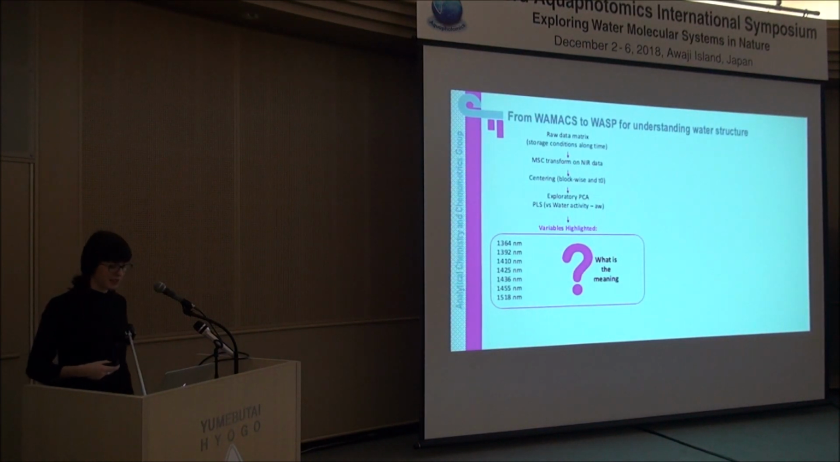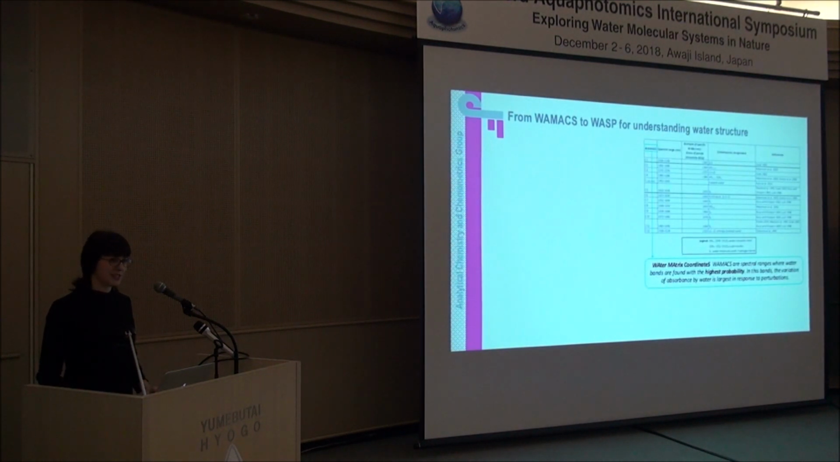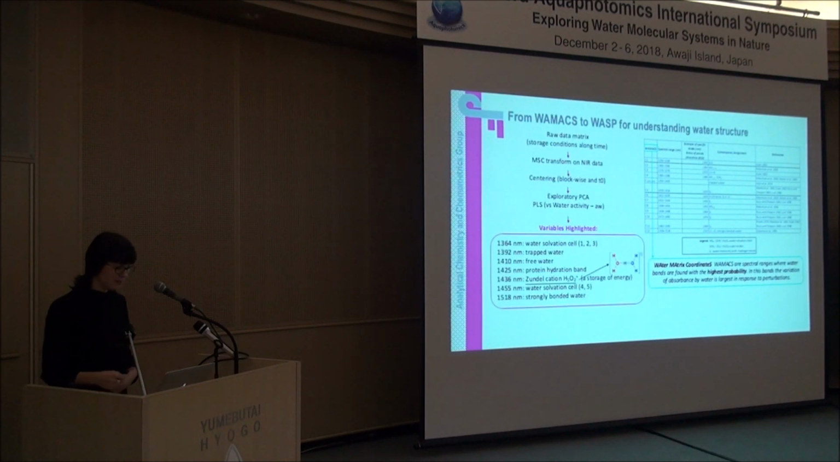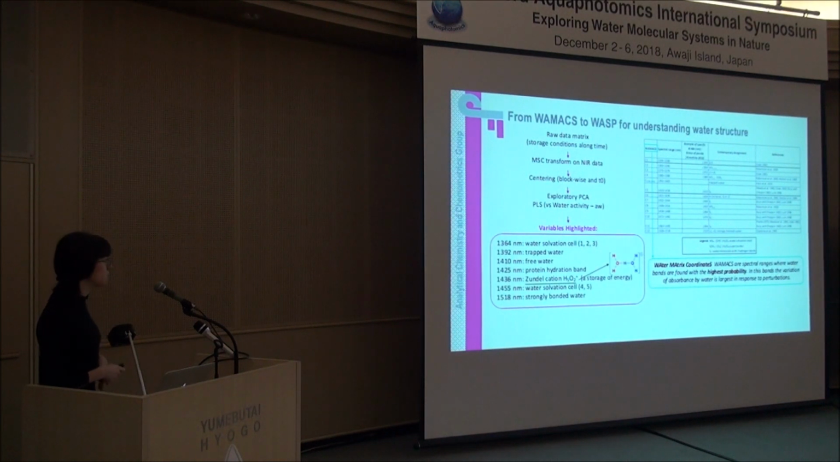Here our 8 bands. So what is the meaning of the bands? And this was the moment of aquaphotomics, because we checked, thanks to the WAMAX table, the meaning of our variables. So here we tried, together with Rumiana, to give meaning to these bands, and we were very happy because we have bands that are more related with free water. You have here free water and water solvation cell with a lower number of water molecules inside the solvation cell. Then we have intermediate bands, protein hydration band here, and we have also